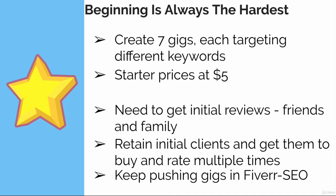So make sure that on day one, your gigs look very attractive, you did your SEO, and you start getting initial reviews. And then unless you chose a niche that is way too competitive, if you did choose a reasonable niche without tremendous competition and did your keywords right, then you should begin to start getting sales after having done